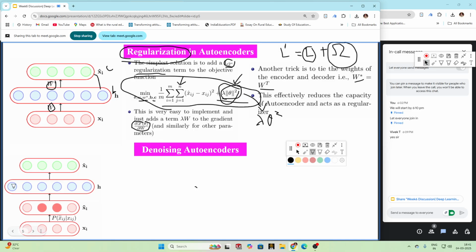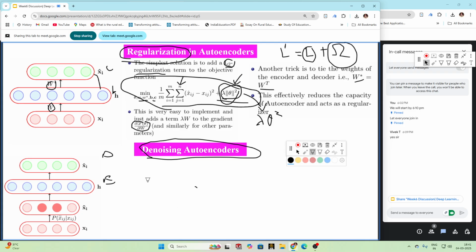Now we will say that if the input that we are encoding, okay, this is the encoding layer and this is the decoding layer, is not equal to our original input, then also our loss will increase. So that is another type of regularization, known as the denoising autoencoder. By this, denoising autoencoders also, we can do the same thing, that is regularization.